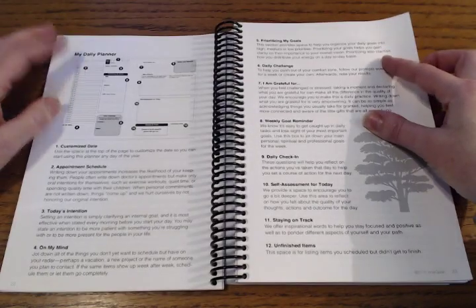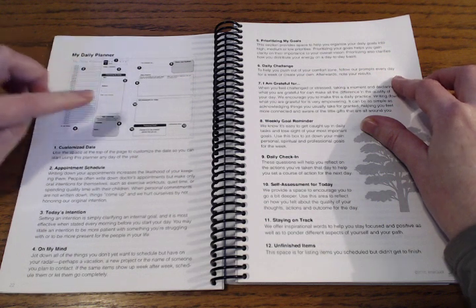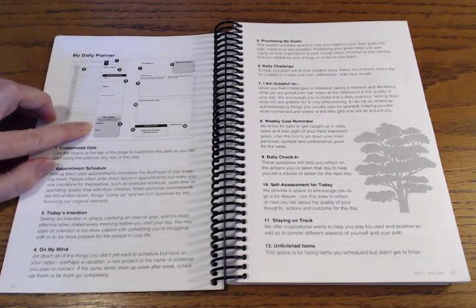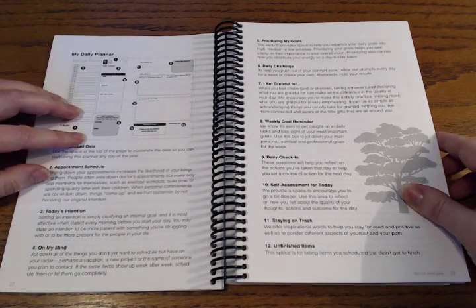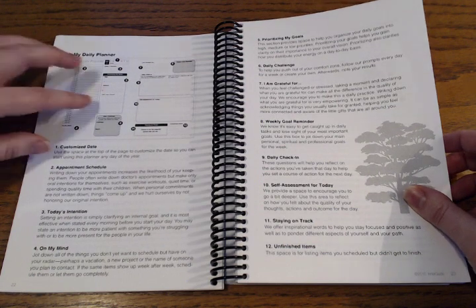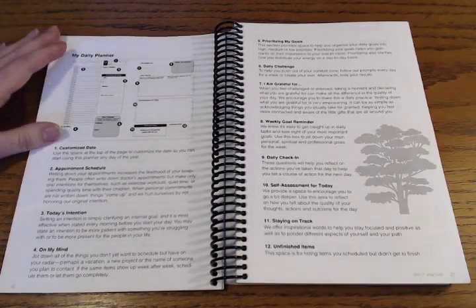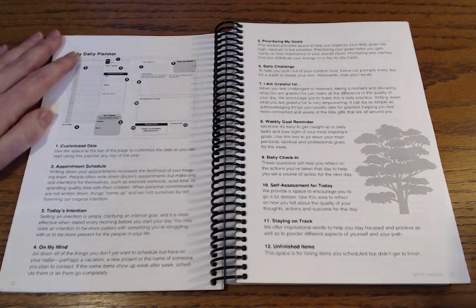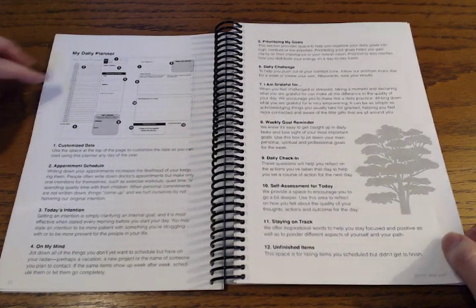So then you prioritize your goals with high, medium, or low. You have a daily challenge, and they have an example of one, or I guess you could do two. You could come up with your own, and then you have an evaluation of whether you got any results from that. It has a gratitude section, weekly goal reminder. Again, you always go back and refer to your monthly and your weekly goals to help you with your daily goals. There's a daily check-in with reflection questions, self-assessment,